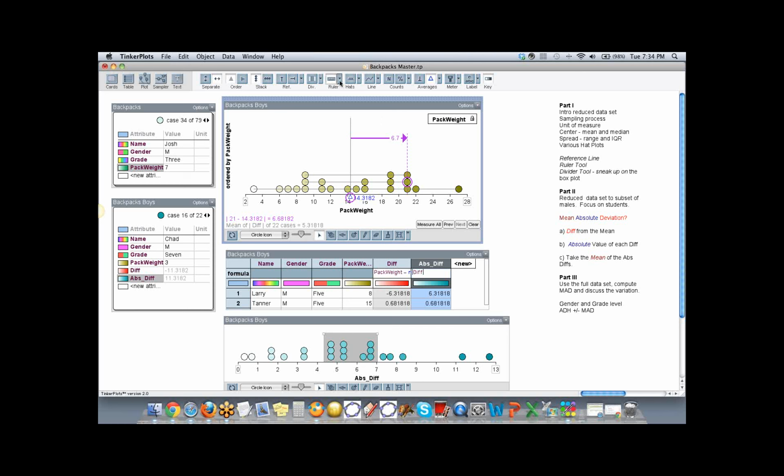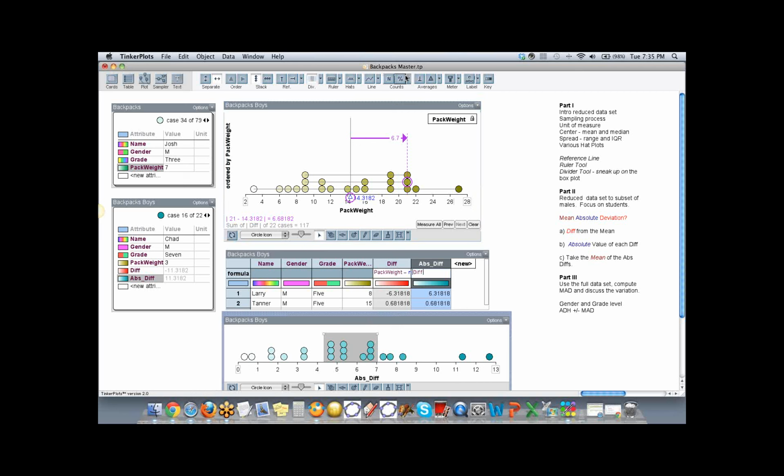An intermediate step there would be to find the sum of the differences with the absolute value selected, and then click measure all, because that's going to give you the total of all of the differences. So I'm going to click here and click measure all. So again, part of the calculation there is the 117 divided by 22 gives you what?